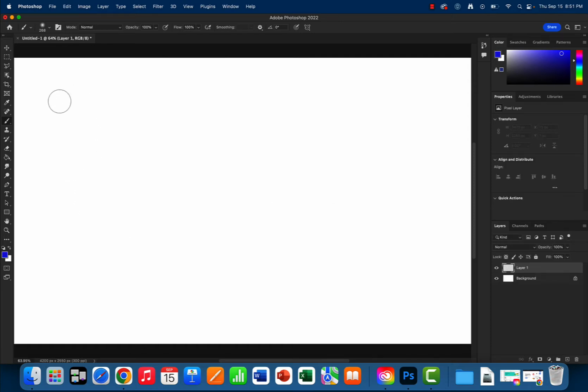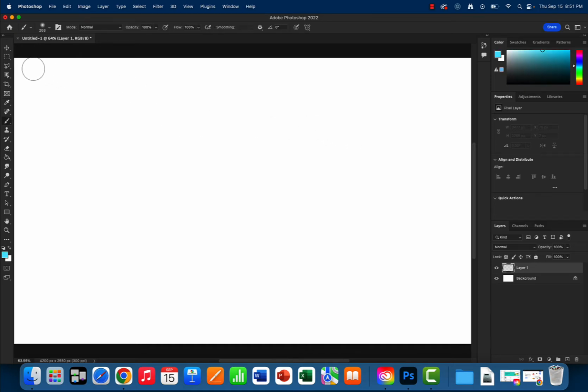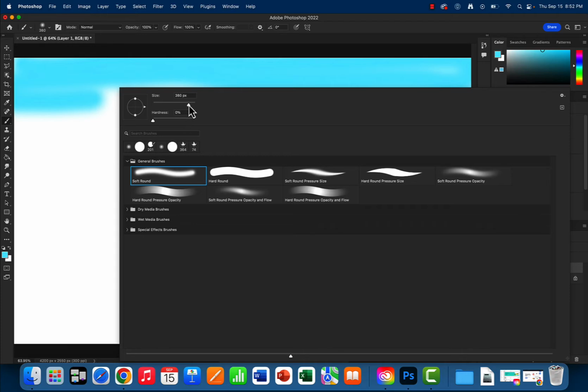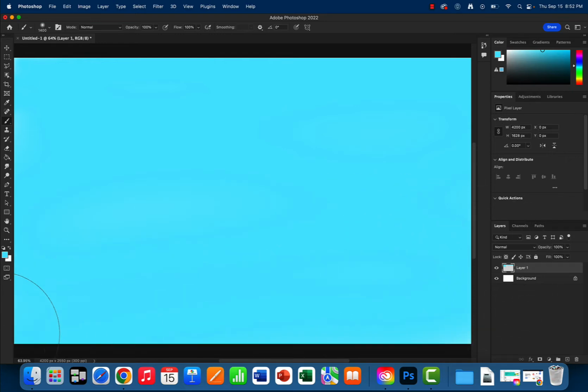And here's what I know. If we're going to be creating a house, tree, some grass, I'm going to be thinking about where I want to start, and I'm going to press OK, and I'm going to click, left click, and I'm going to create my sky. But this, ladies and gentlemen, is going to take forever. I'm going to right click, I'm going to increase the diameter of the brush to, let's try 1400. Wow. So that is pretty efficient, and you might be thinking, Droz, why didn't we just use the